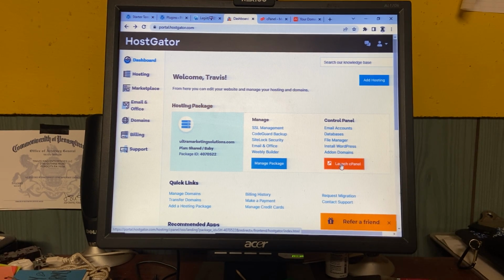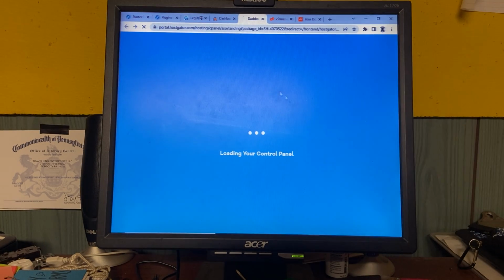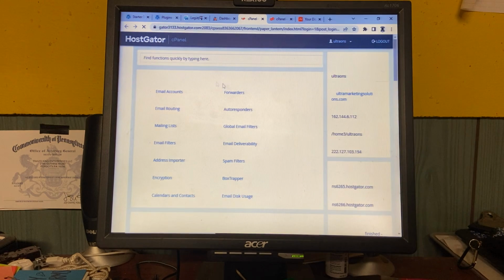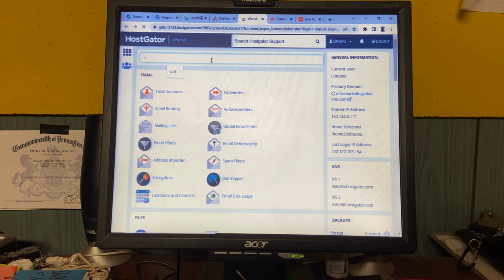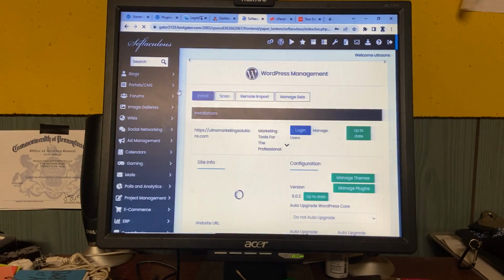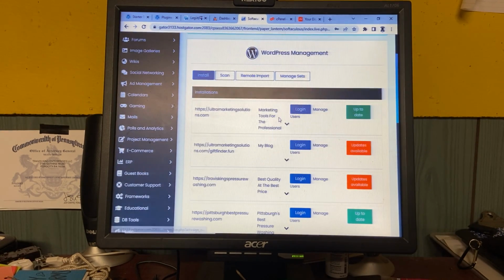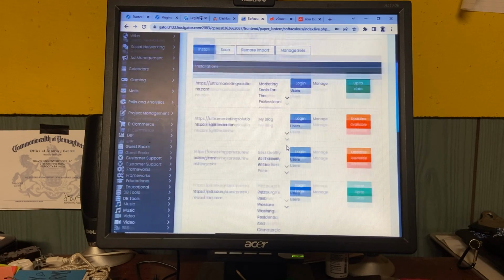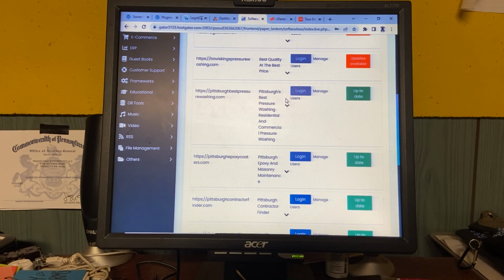And also, like I was just saying, if you ever have a problem with one of your plugins that causes your site to go down, go to your HostGator account, click Launch cPanel, come here, WordPress Manager, Softaculous. Okay, so right here you'll click, where are we at? So we're working on this one.